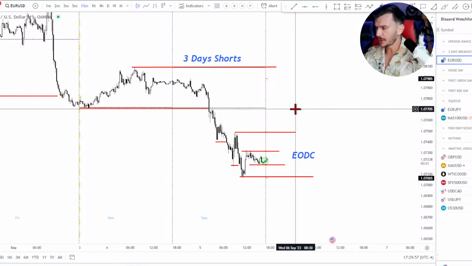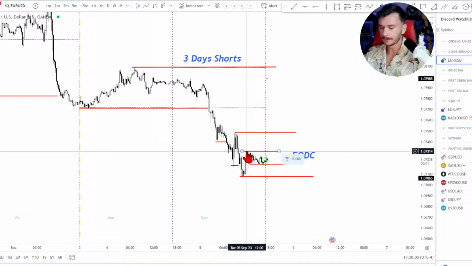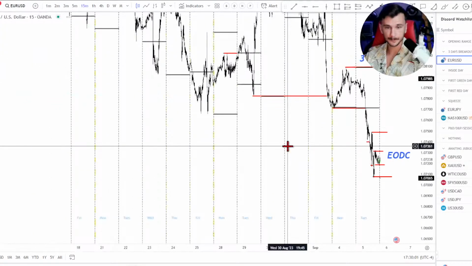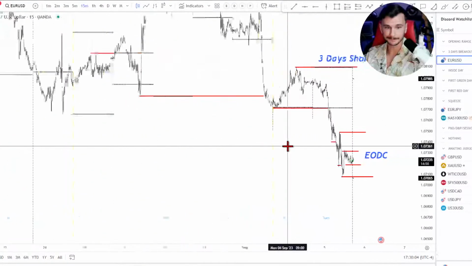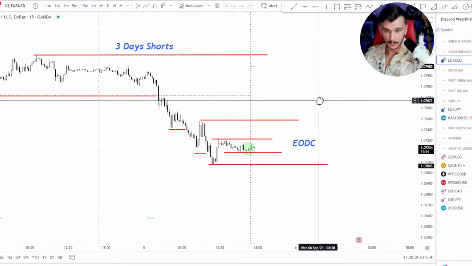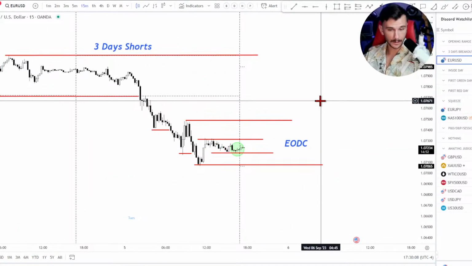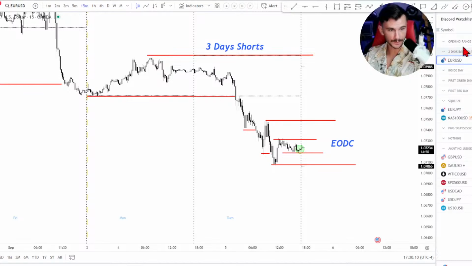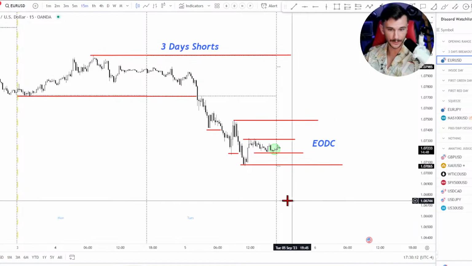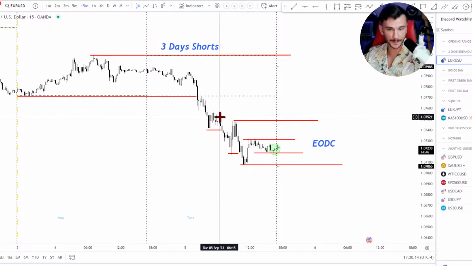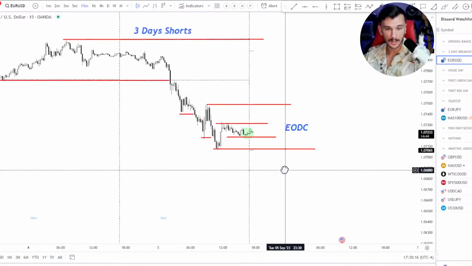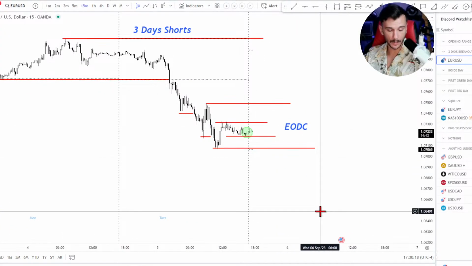EU is well below the previous week's low and previous month's low. Okay. Yeah, it's down there, isn't it? All right. Let's see. So I've got 3 days shorts, put it up there in 3 days breakouts. That's really all I can do. I like this consolidation. I like this pattern. I've definitely seen this before. It could easily roll over and just keep going forever.